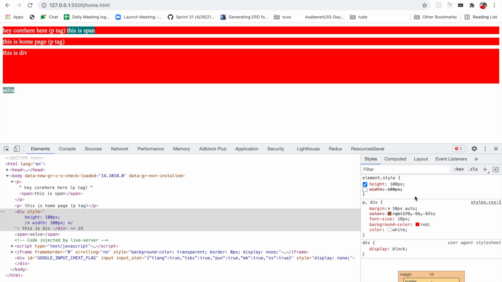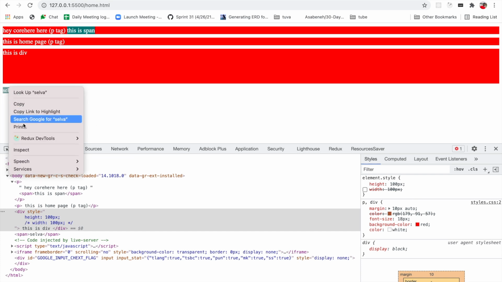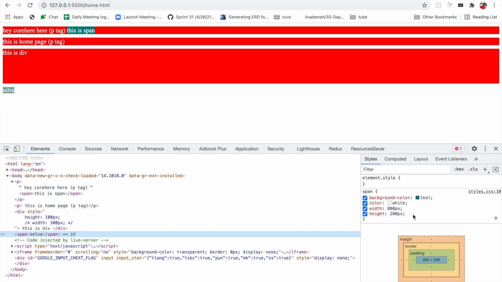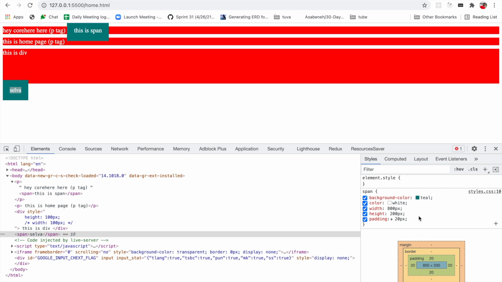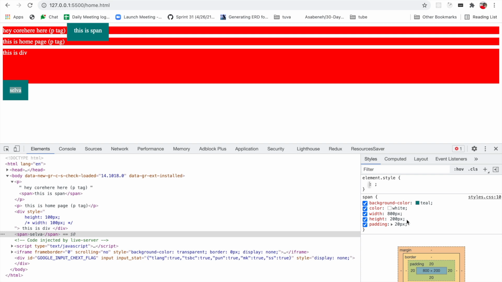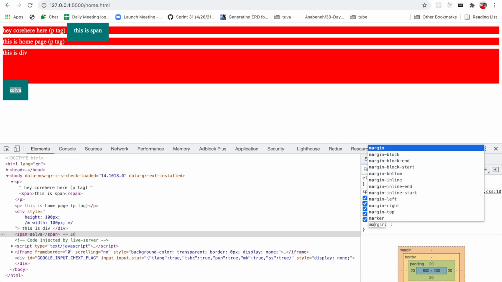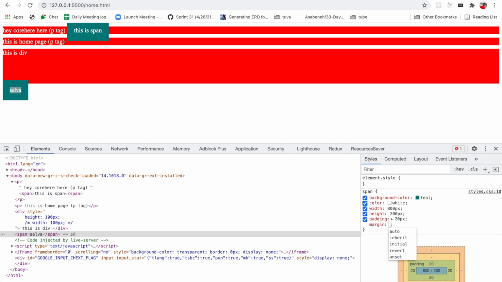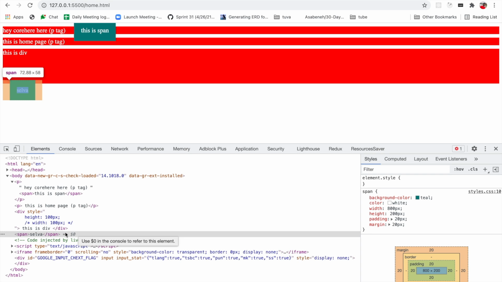At the same time, you can give the padding for inline elements. You can say padding 20 pixel. See how it looks. But at the same time, you cannot give the margin, especially margin top and bottom. See, you can notice margin top and bottom not working correctly.